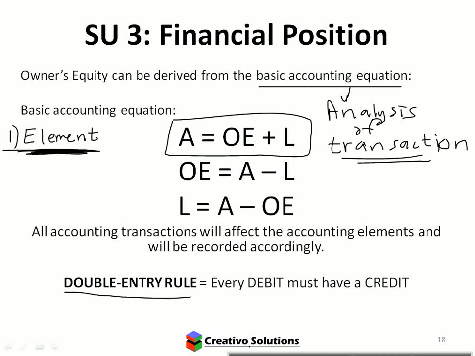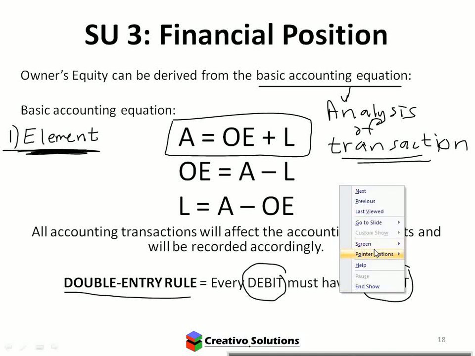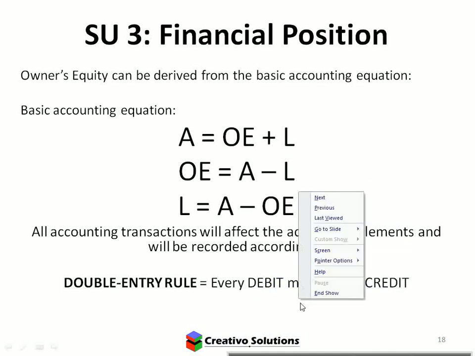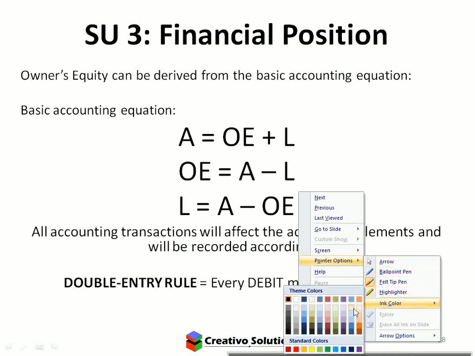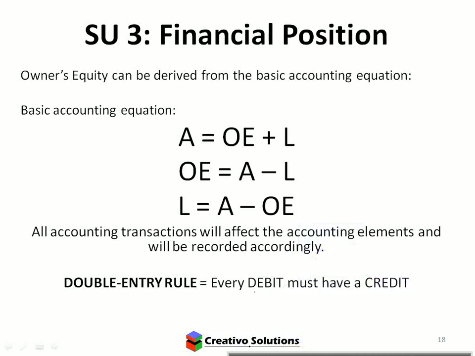Right, accountants talk about a double entry, and the double entry refers to a debit and a credit. What does a debit and credit mean? Anyone know? Why do they use the words debit and credit? Do these things have meaning? Yes. Any idea what that could mean? One's plus, one's minus? Not always. Exactly. So this refers to the left hand side, and this refers to the right hand side of an account.